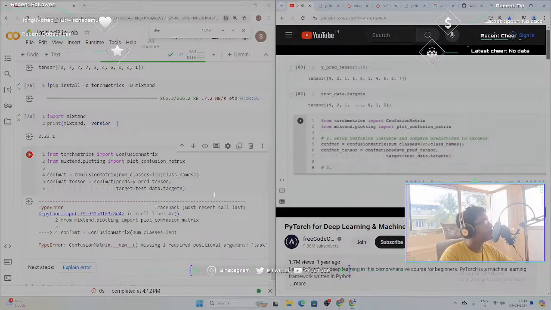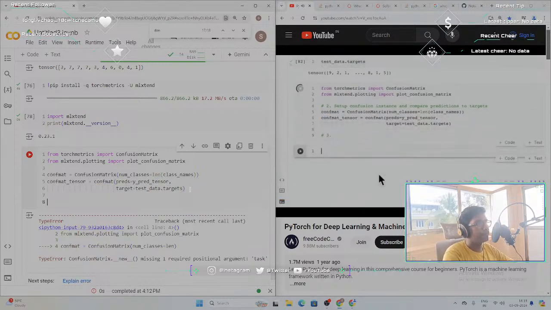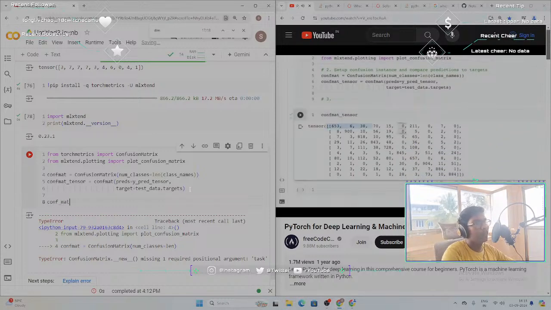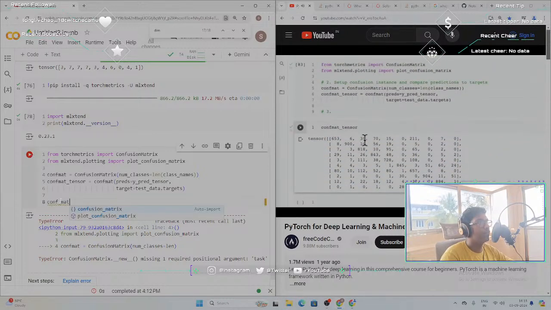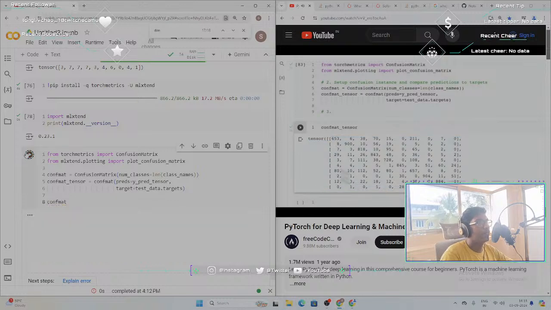We're up to step number 3 now. So this is going to create our confusion matrix tensor. Let's see what that looks like, actually. Conf mat tensor. Okay, so we've got a fair bit going on here, but let's turn this into a pretty version of this. Along the bottom is going to be our predicted labels, and along the side here is going to be